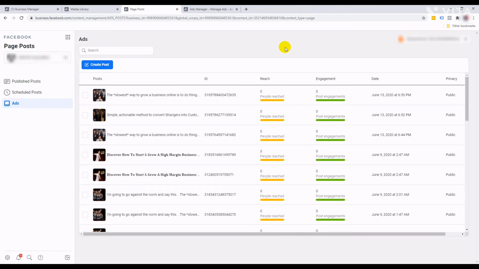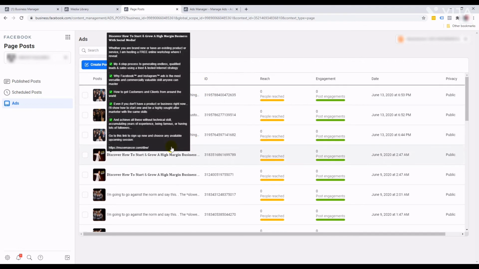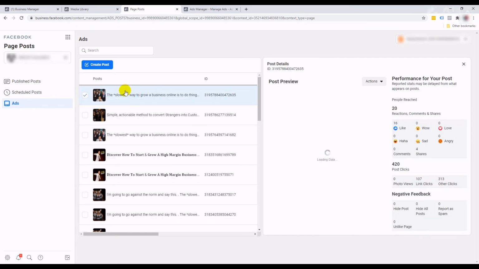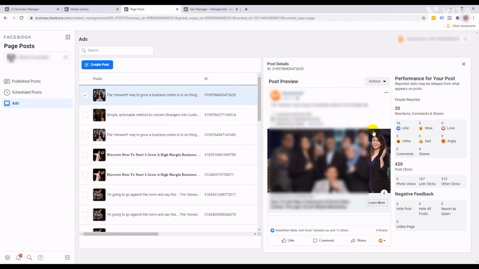All right. Now, whether you realize this or not, every time you make any edits or a copy of advertisements that you already have, it's just going to make clones of it with different IDs. So visually, it might look the same to you, but on the back office, you can see that there's multiple IDs for very similar advertisements. And again, if you want to keep things a little bit neat, what you want to do is click on the page post that you would like to delete. Like for example, this is the one,